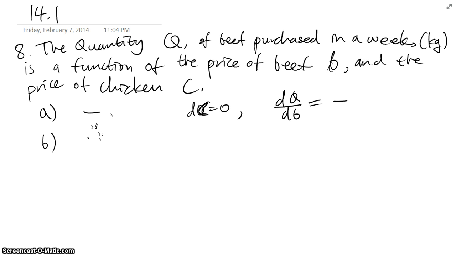Customers will change their decision based on the price they see on the menu, and that is directly connected to the price of the raw materials, beef and chicken. And an increment of C means